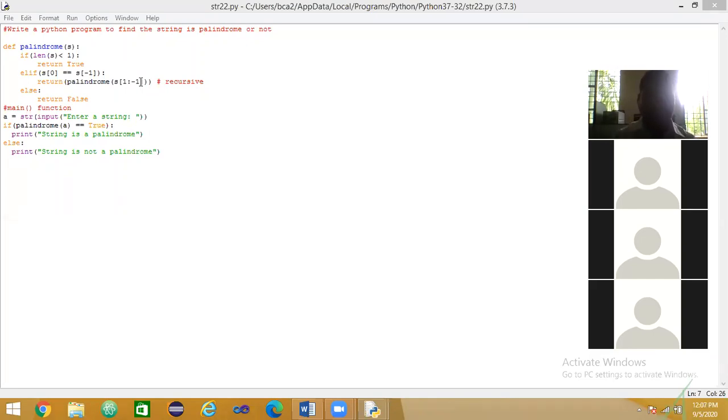If everything is the same, then it returns True. The True value comes here, True is equal to True, so the string is palindrome. Otherwise, the string is not palindrome.